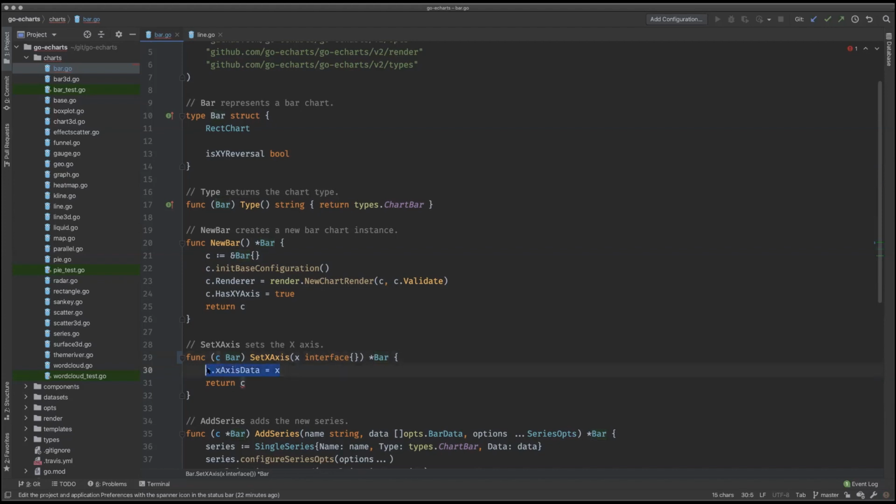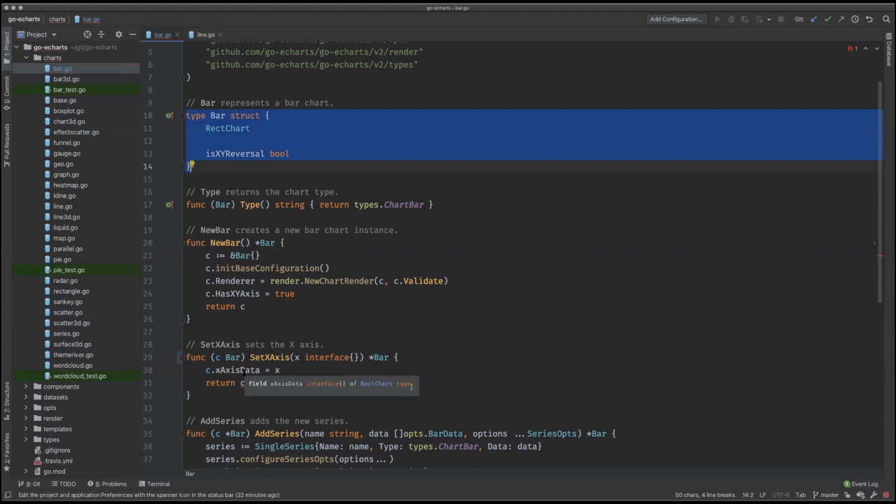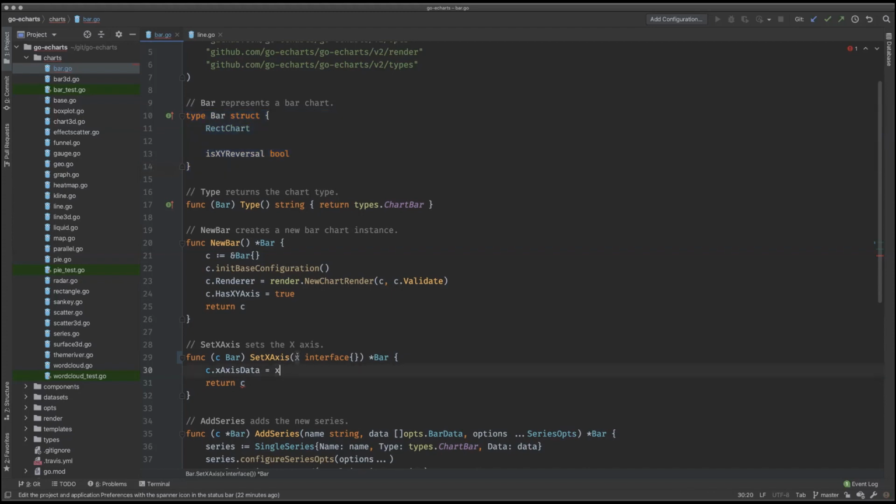What the method does is basically set one of these struct fields. And in fact this field must be promoted from the rect chart type because we don't see it listed here. So again, that field must be promoted just like the methods are. So it's going to set that to x, which is what was passed in, and then it returns it,